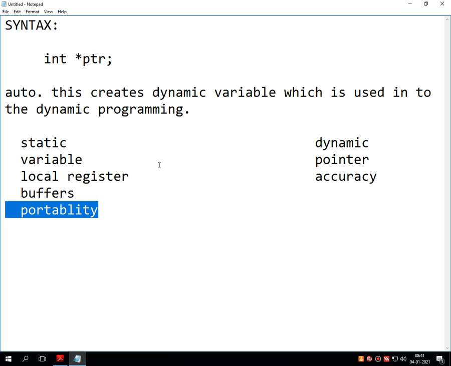Suppose we are discussing this topic, then you will get more portability in dynamic programming instead of using static programming. That means, as I have already instructed you previously, while we are storing the values in a simple variable,